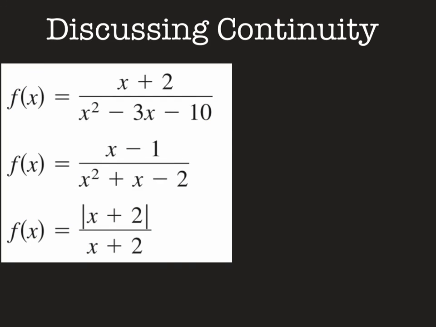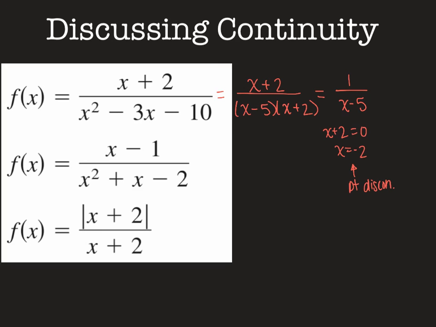So again, you can see these are just some other examples of functions that will have discontinuities. For instance, our first one right here, if we factor our denominator, we can think about factors of 10 that are going to combine to -3. So we're going to end up with x minus 5 times x plus 2. And you can see that that x plus 2 cancels out, and you're left with 1 over x minus 5. X plus 2 we set equal to 0. Oops. -2, that's going to be a point